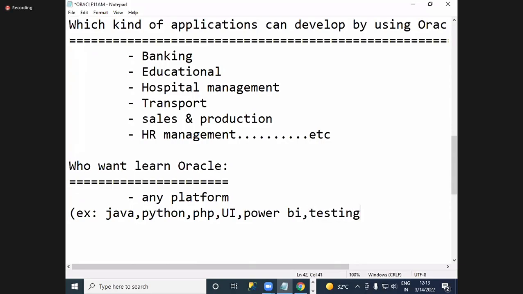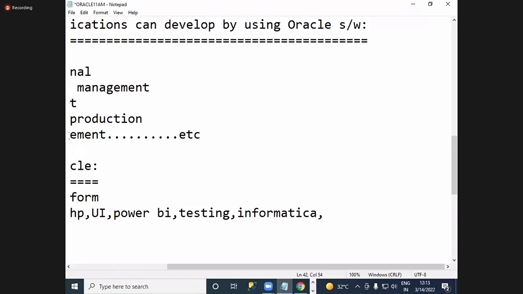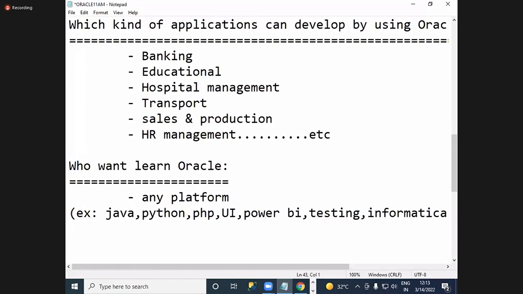Nowadays we have Selenium, so testing students, and we have Informatica people, data science people, and Hadoop people also, if they want to learn.